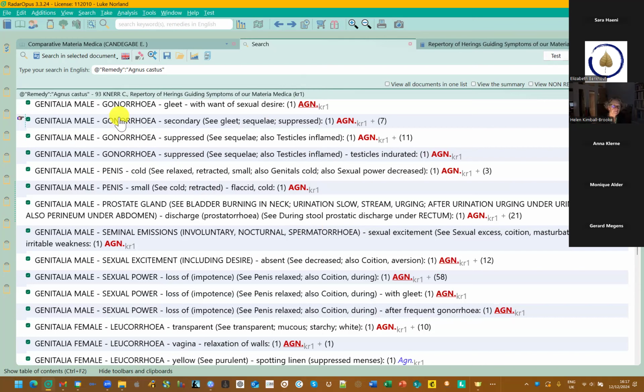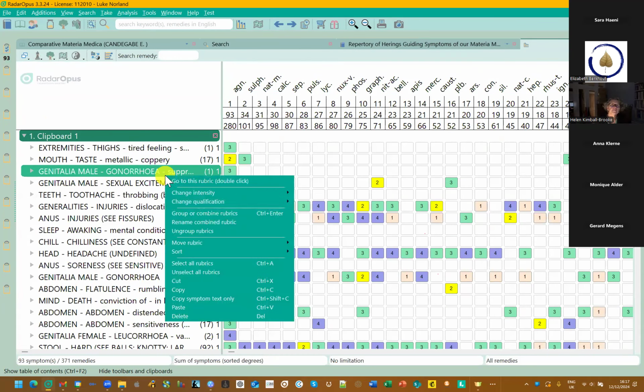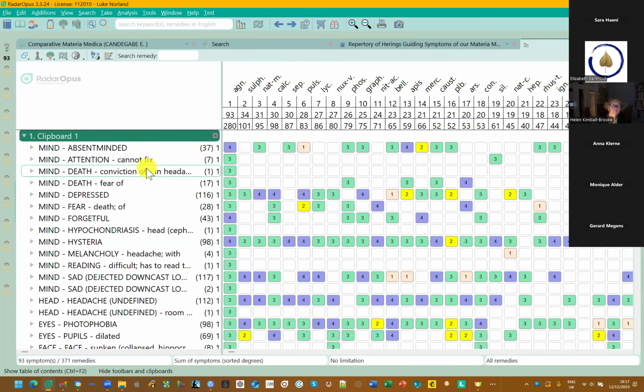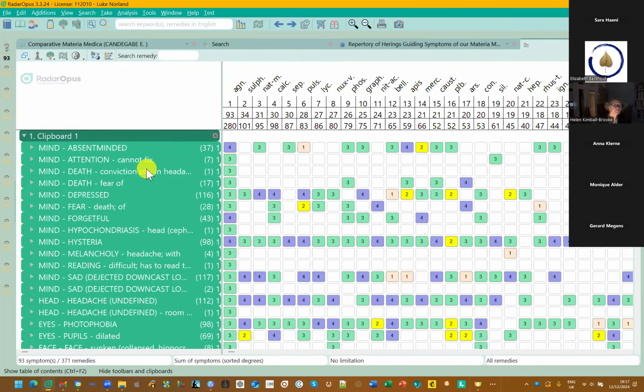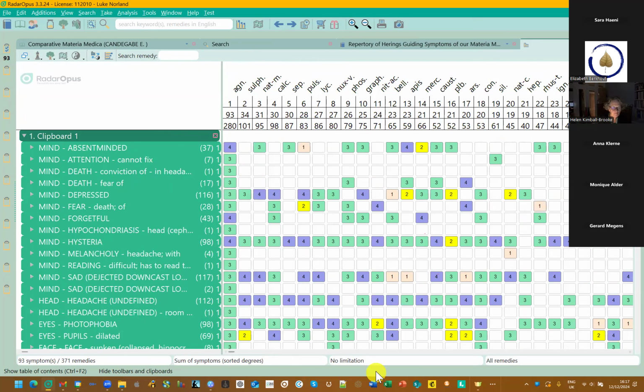Then if you do Control A, pull them all into a clipboard, open the clipboard, right click, sort by ascending homeopathic order, Control A, select all, right click, copy symptom text only,